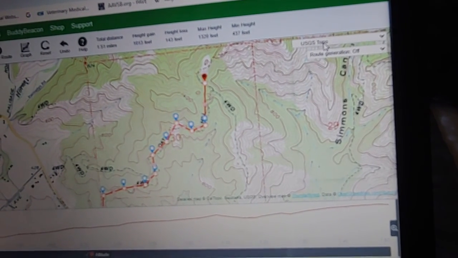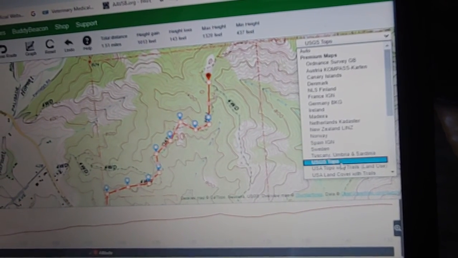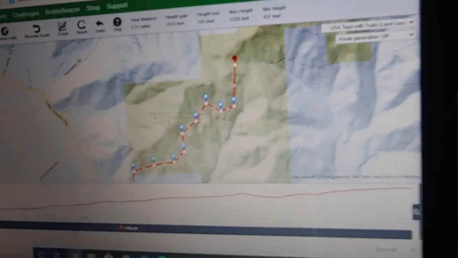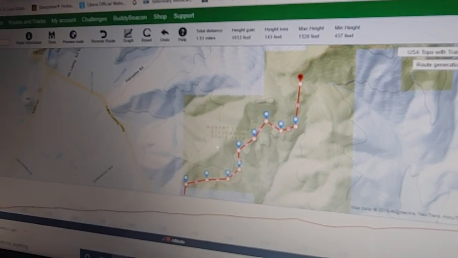And you'll notice that a lot of trails that you wouldn't expect to be there are on this map. For example, the Grouse Ridge, the ridge